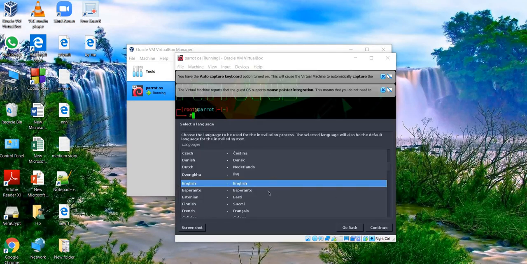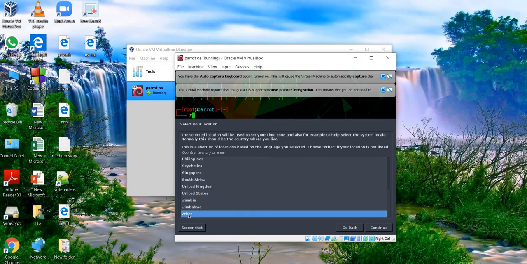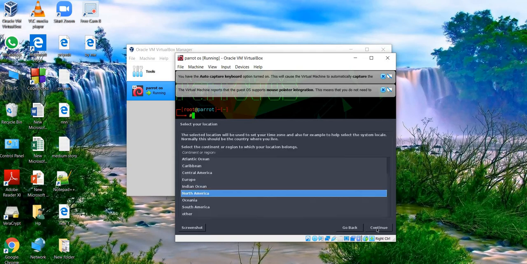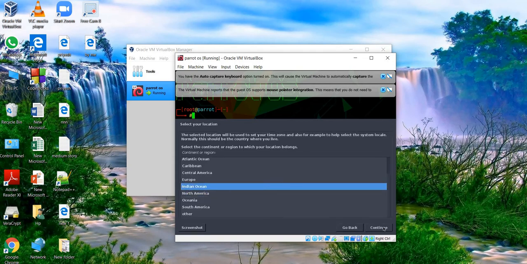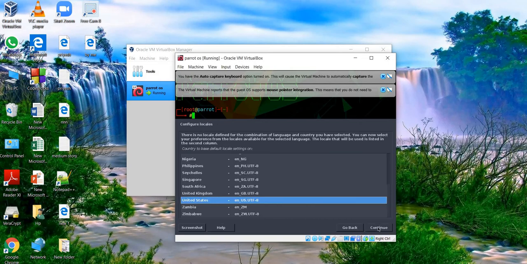Choose the language English, continue, and select your location according to your country. I am from India, so I have to choose Other. Other option and continue, and Indian Ocean. Continue. Then continue, and United States.